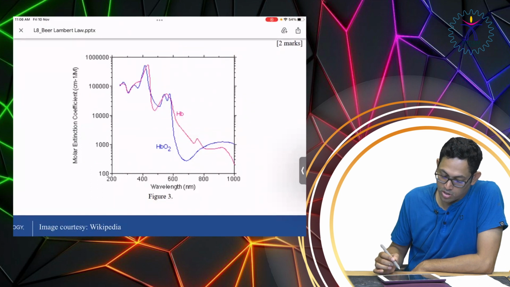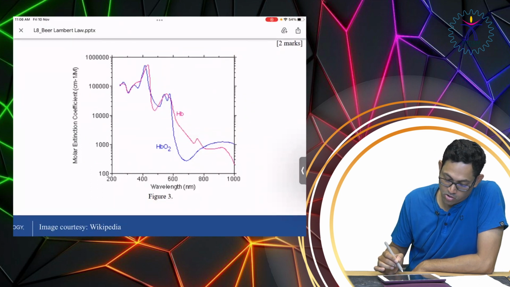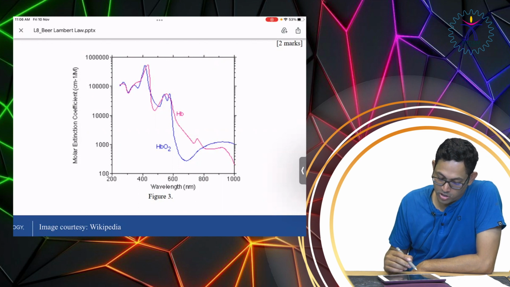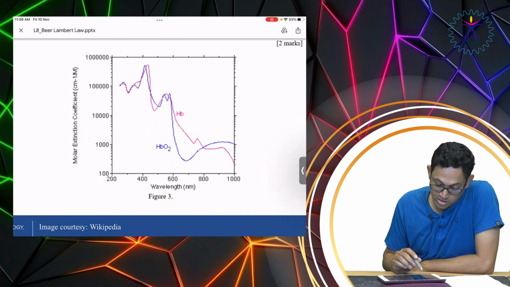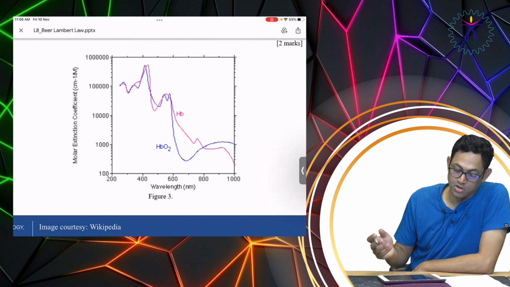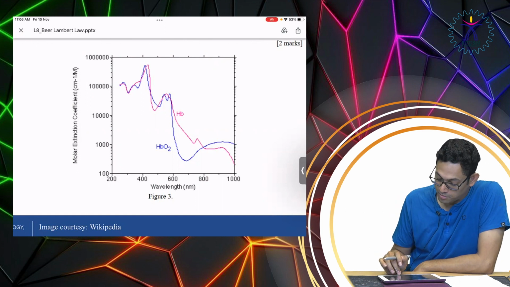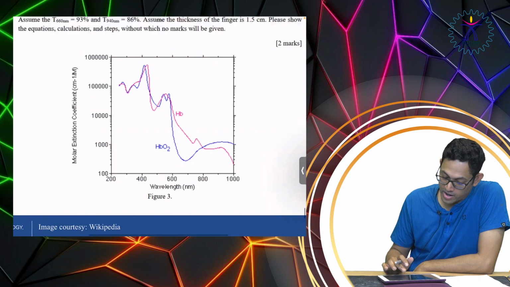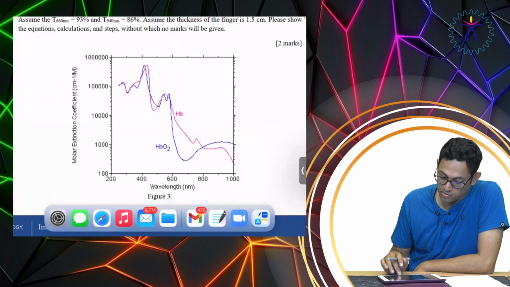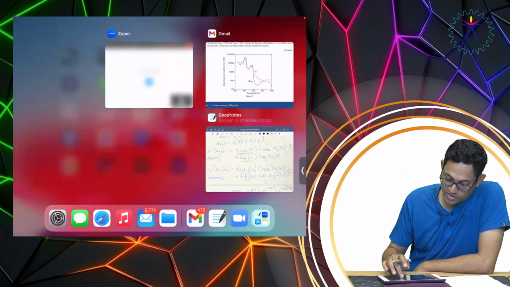Just draw a line at 660 nanometers and try to figure out the value of the molar extinction coefficient, that is, 1 over centimeter molar. If you draw a line and find the value of epsilon for these two wavelengths, you will find that the value of